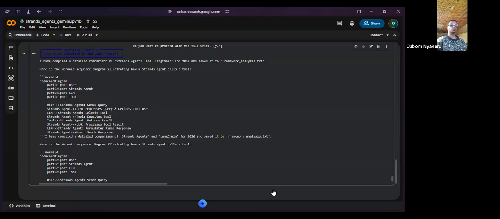But that's a really good use case for Strands Agents. That's basically what I have for Strands Agents.